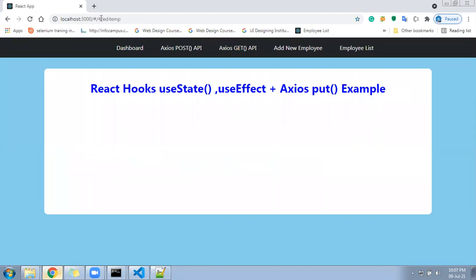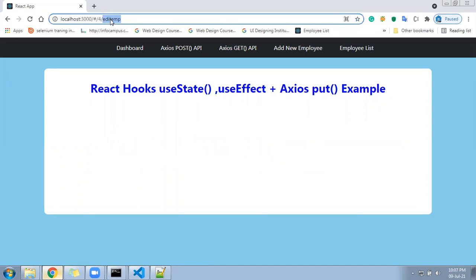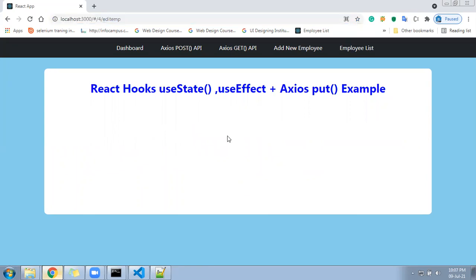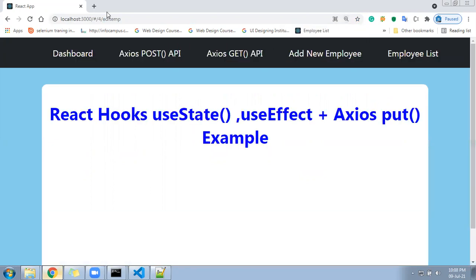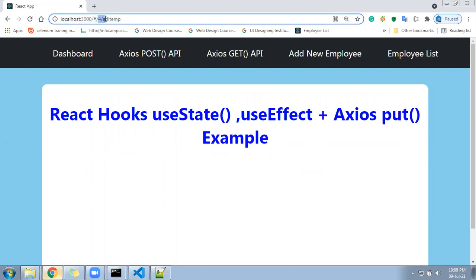We are passing a value here, 4 and editemp. Let me maximize the window size a little so that you can understand it. See, I maximized it a little. Can you see in the URL? The parameter coming is 4 and then editemp. So editemp is the name of the URL path, whereas 4 is the value.